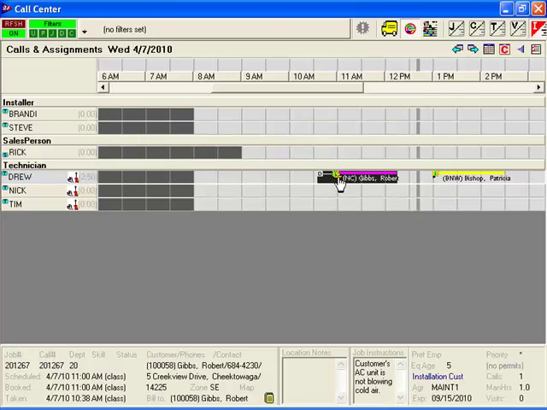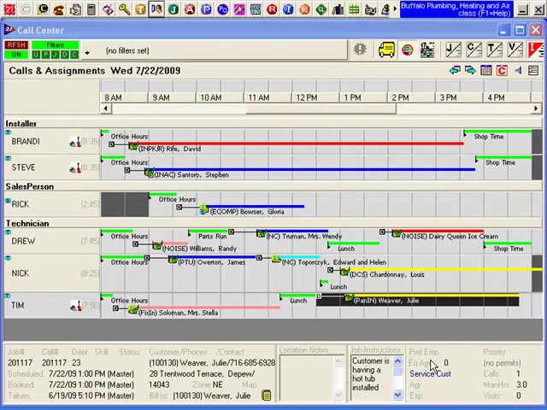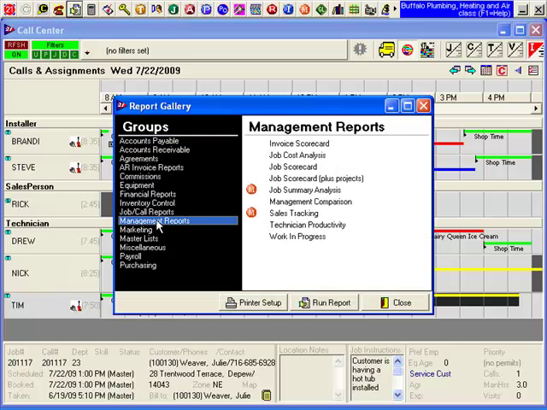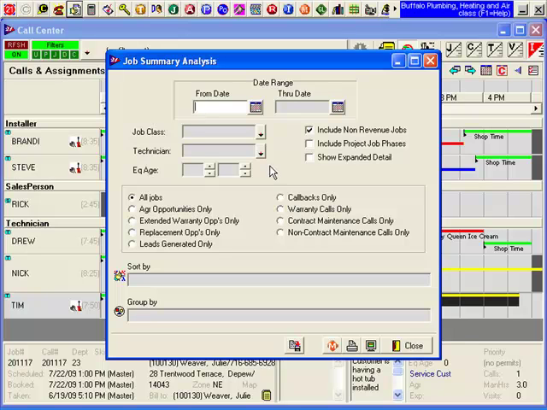Now, the big benefit to this information is the fact that it's all reportable in real time. In our report gallery in SuccessWare, under Management Reports, we can run KPI or Key Performance Indicator reports at the individual technician level, but also at the full company level. That's what I'm going to show you here with the Job Summary Analysis Report. I'm going to run this for a single date,